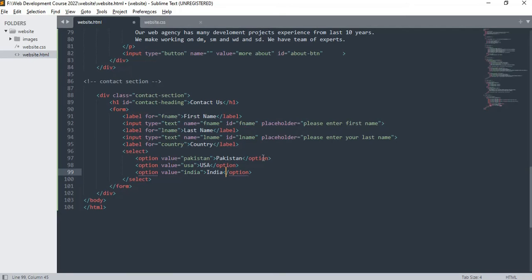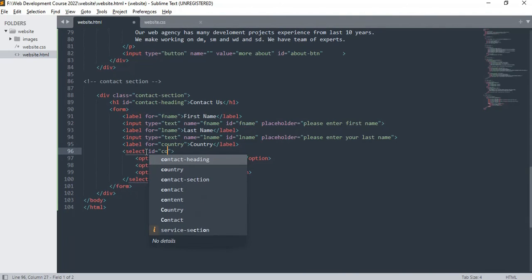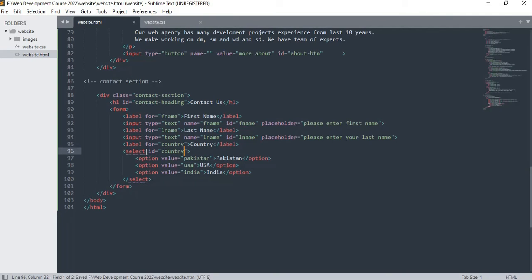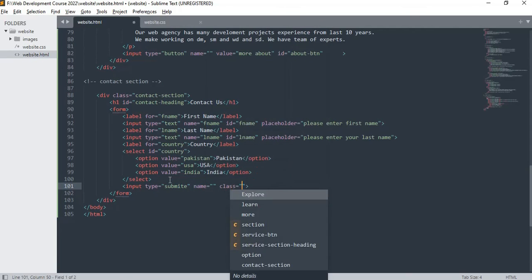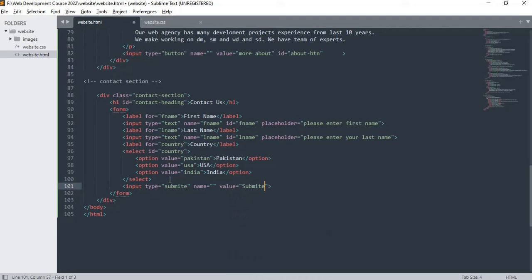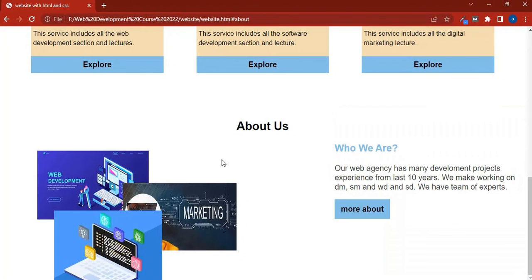So now I have these three columns. We use one more thing, that is id country. And the last one we have is a submit option, that is input type submit, and in the value, not class, there is a value of submit. If I save it and reload our page,